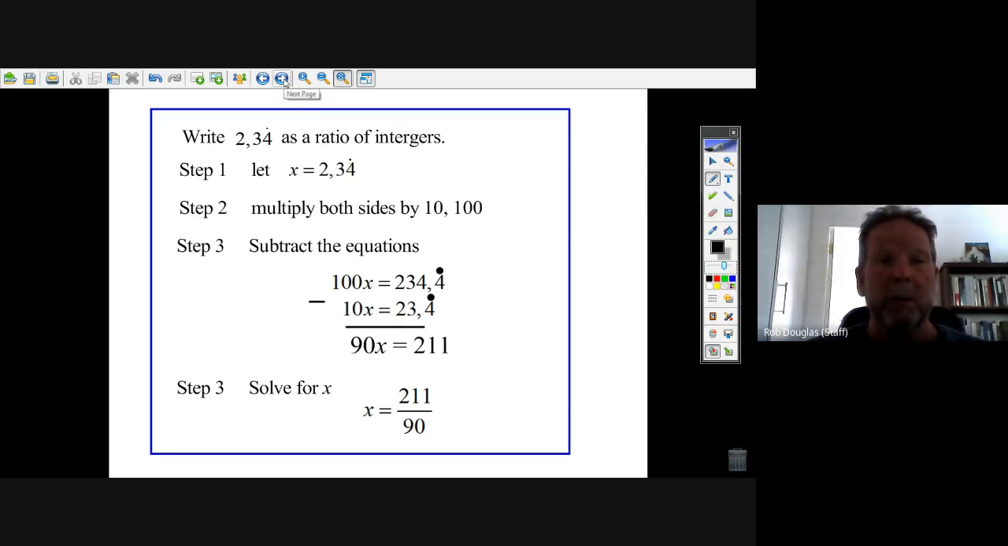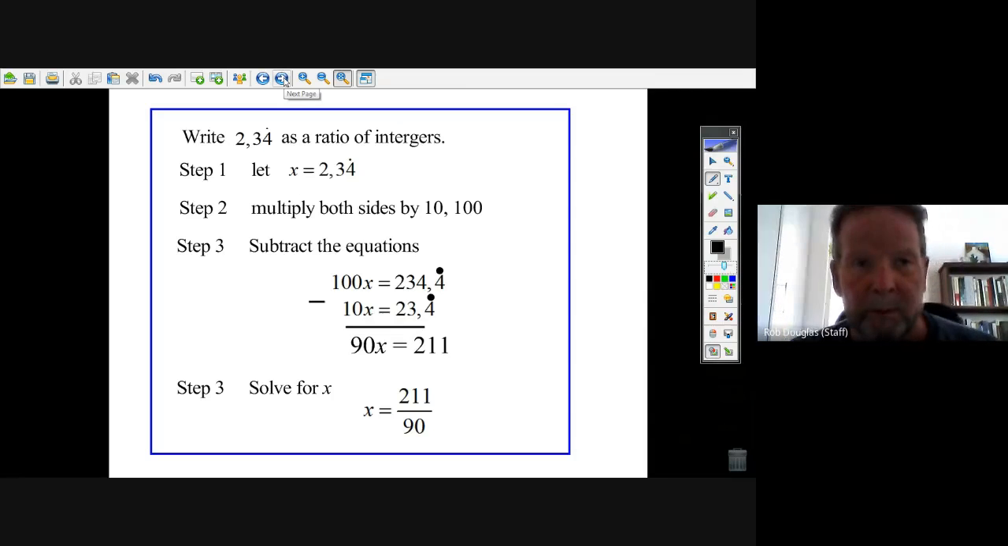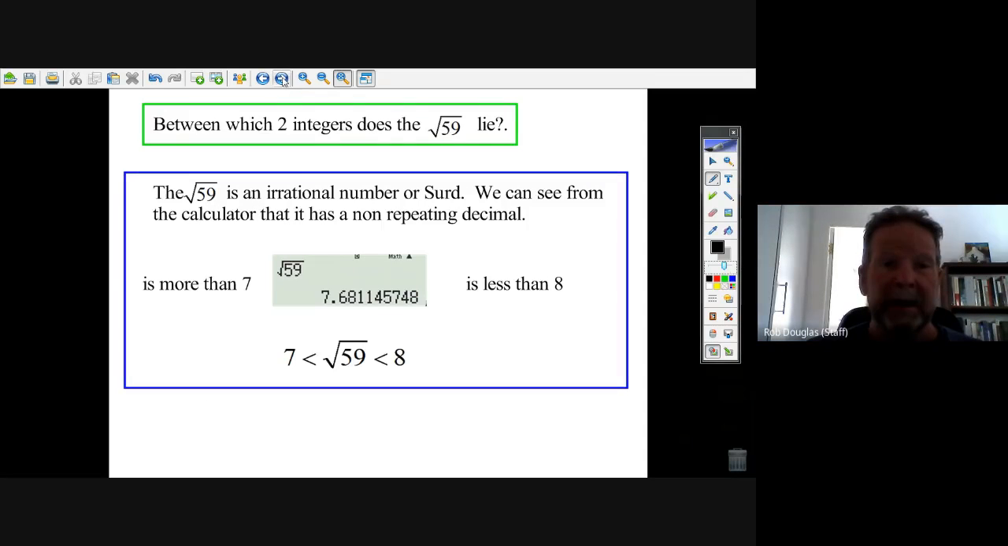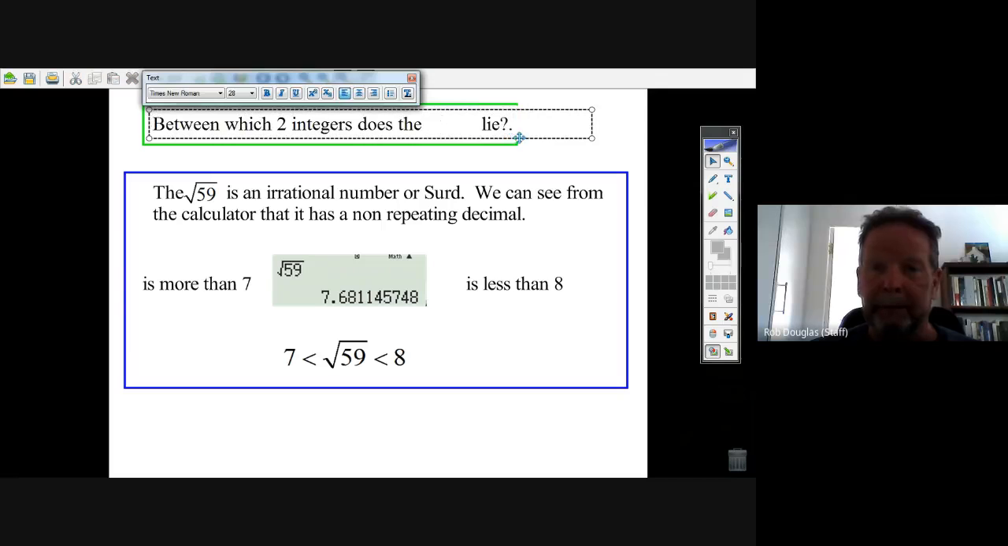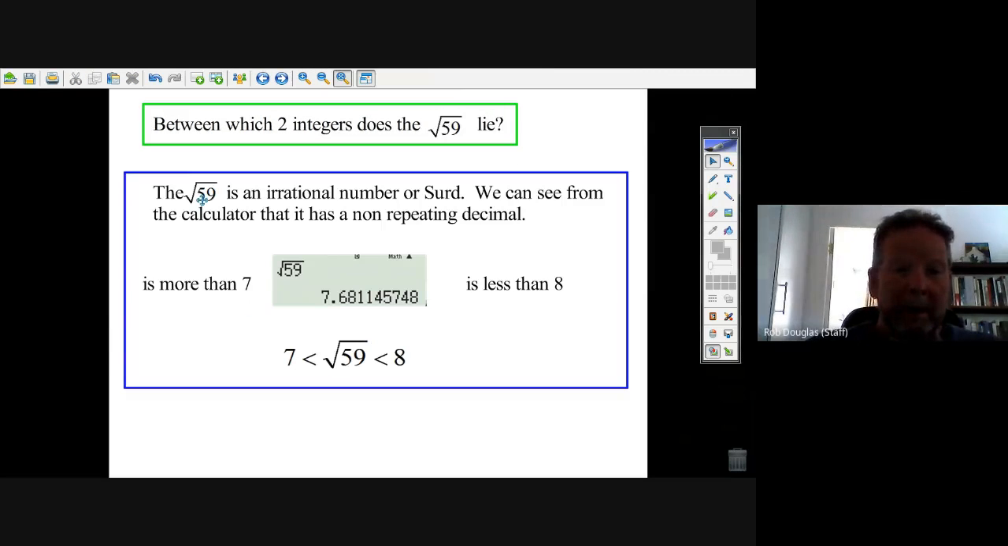Now there's one more question that we're going to do, and it goes like this. If you get a question like this: between which two integers does the square root of 59 lie? How are we supposed to do that? Well, what you do,